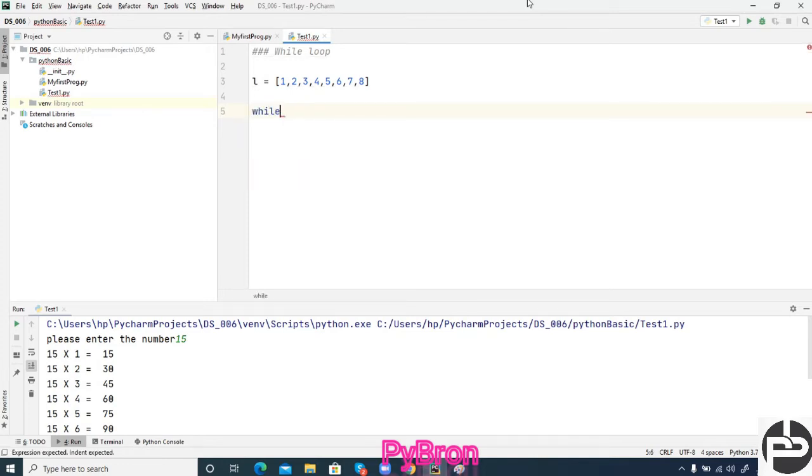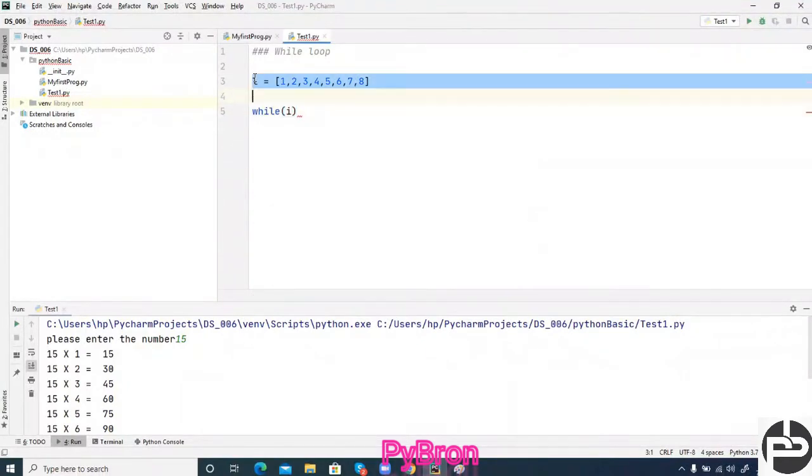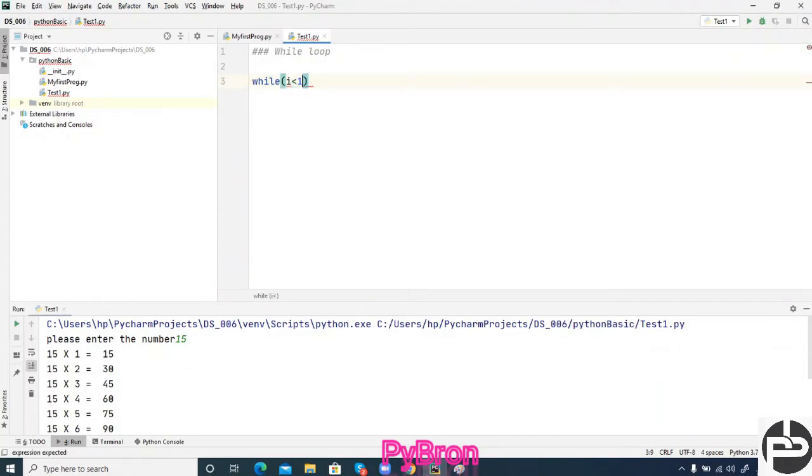Oh, I have to implement while loop, right? While, and here I am giving i less than 10. And what is this? Unresolved reference i. Acha, i is equal to 0. Now it's fine. And here print i.